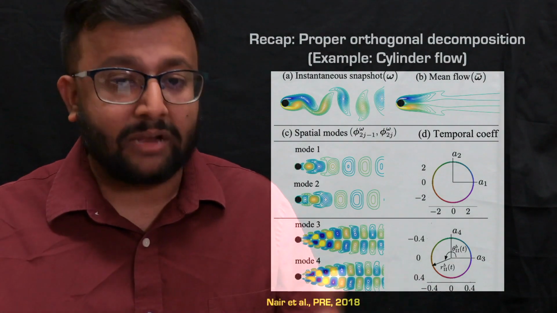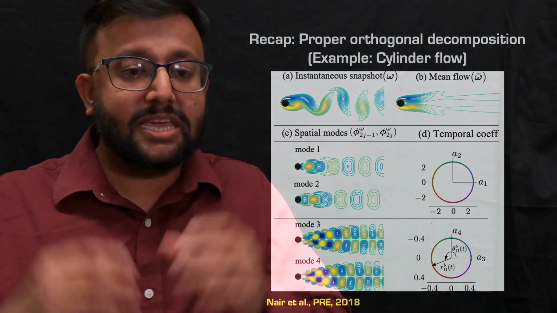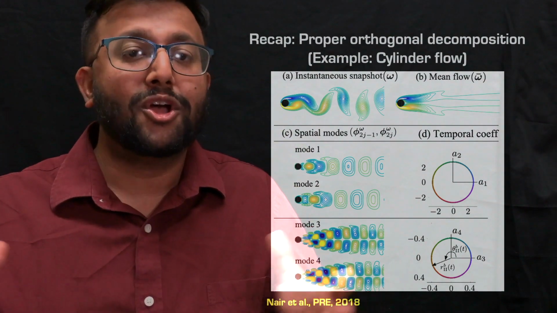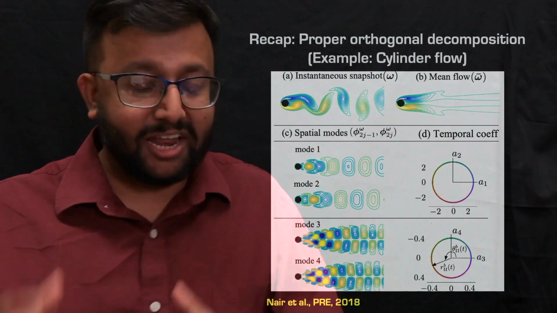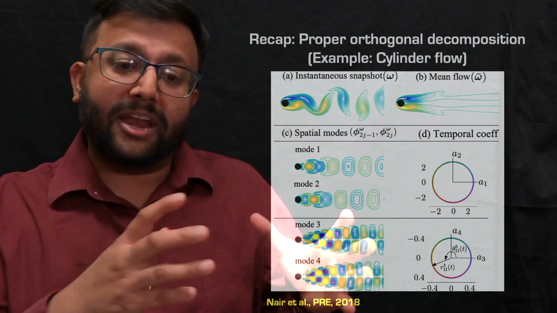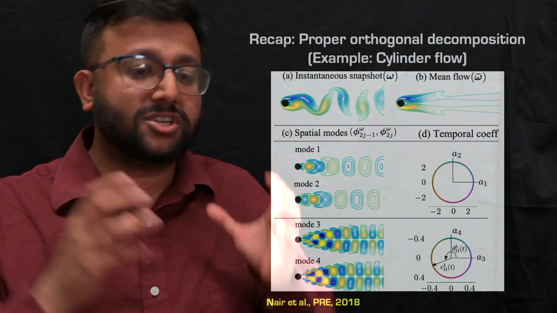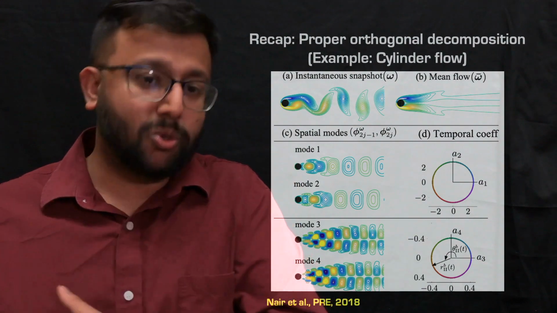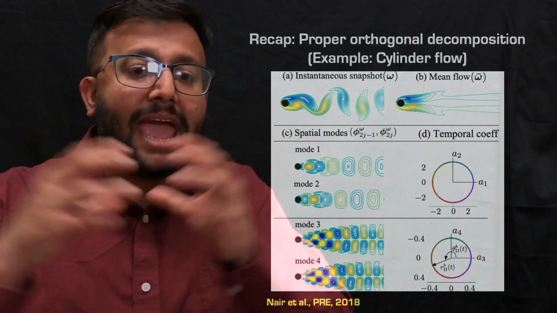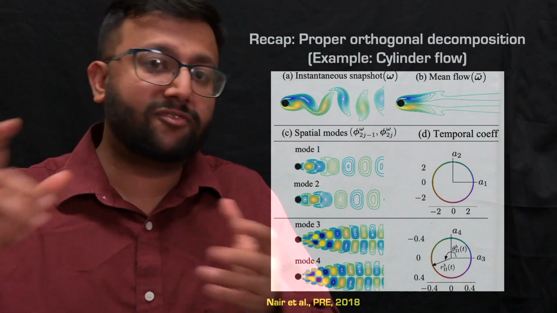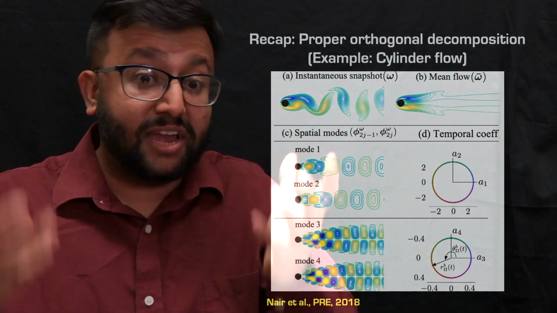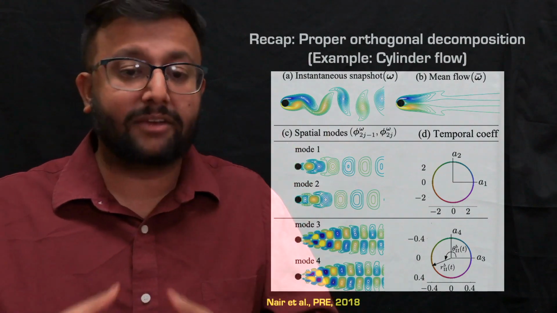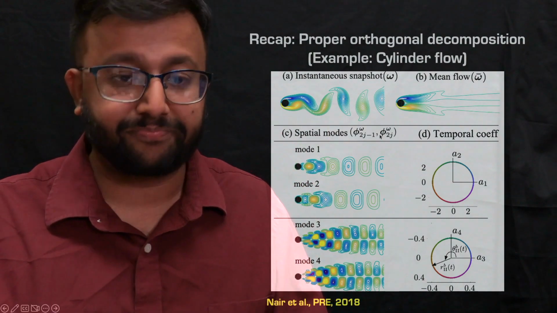Remember, this is a low Reynolds number flow, so we are going to see the maximum amount of energetic structures as being mode 1 and mode 2. So mode 1 and mode 2 are the most energetic structures, then mode 3 and mode 4, and so forth. And you can see the energy from just looking at this phase portrait of A1, A2, and you can see a larger radius for A1, A2 compared to that of A3 and A4.